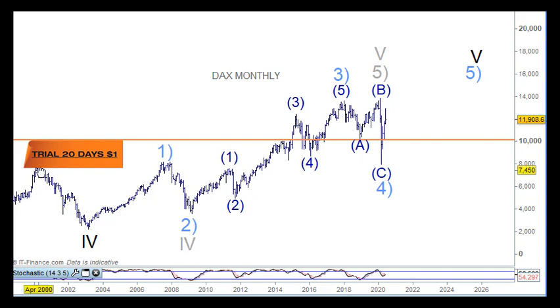So we've been looking at this as wave 3 here, wave 4 here, then up for wave 1 and 2 here, and then 1 and 2 and 3 and 4 and 5 to make 3 here, then the A wave, the B wave, and the C wave here is an expanded flat. And then we've been looking for a move to the upside in terms of wave 1, wave 2, 3, 4 and 5 moving up into this space here for that, and that's fine.